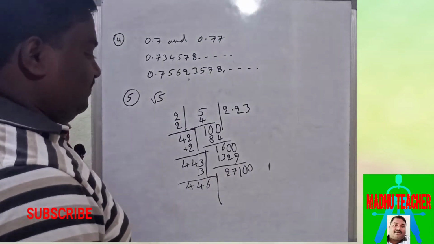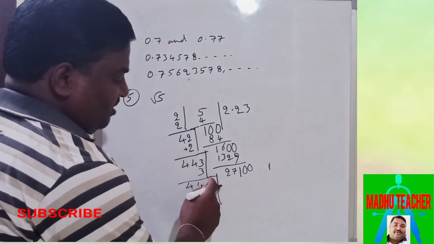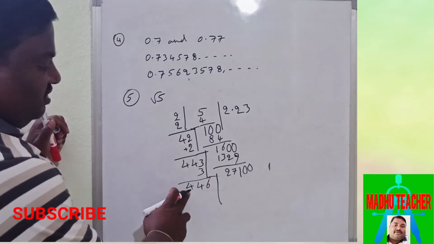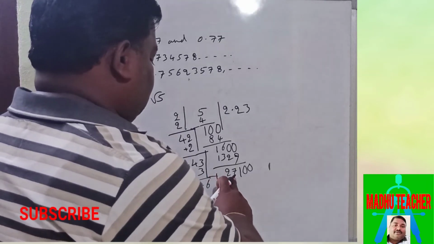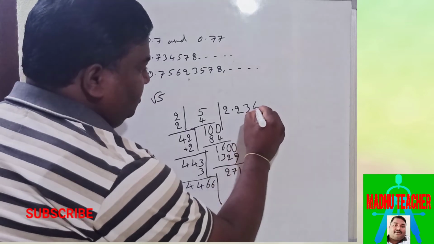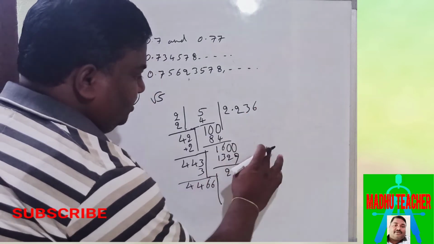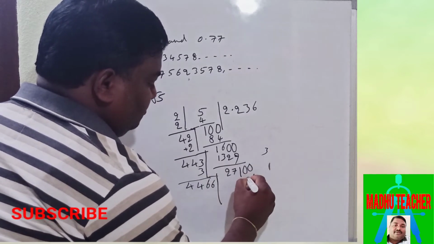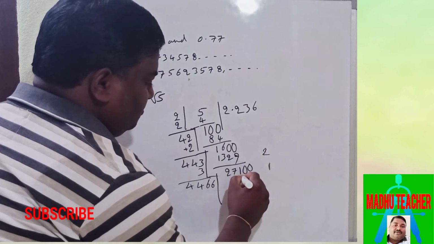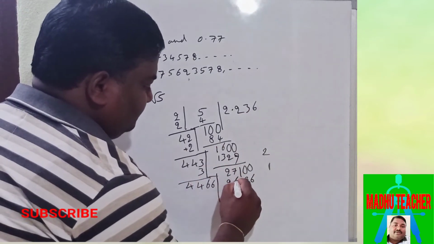Okay. Now take something and multiply with the same. 7 7s are 49, you will get more than this. So I am taking 6. 6 6s are 36. 6 6s are 36 plus 3, 39. 6 4s are 24 plus 3, 27. 6 4s are 24, 26.